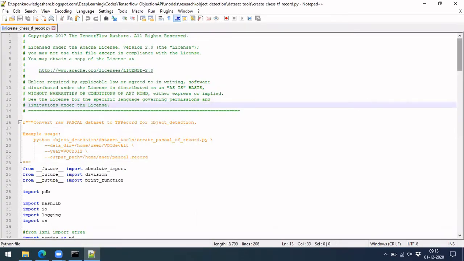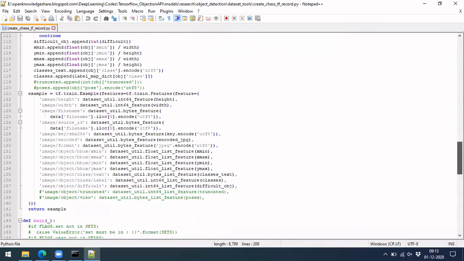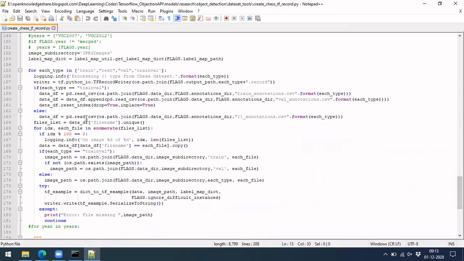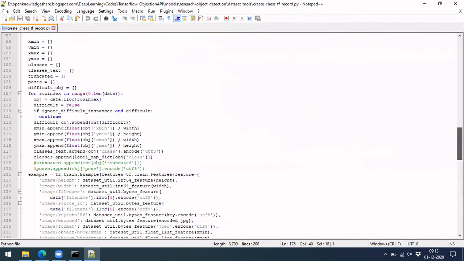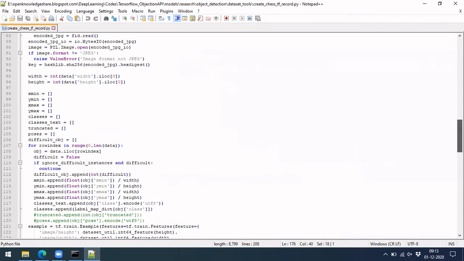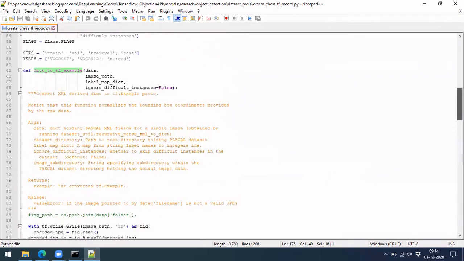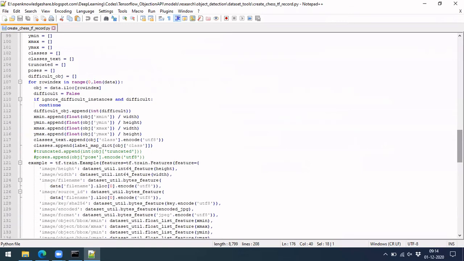So here what I have done is, you can go to main, where I am reading the CSV. In this data, I'm taking each file at a time. Here I'm going through each file list, and each file at a time I am passing through this function. Okay, so nothing else is there in that. This is just that. And in this function, you can reuse the same thing. This is the function which will be called.